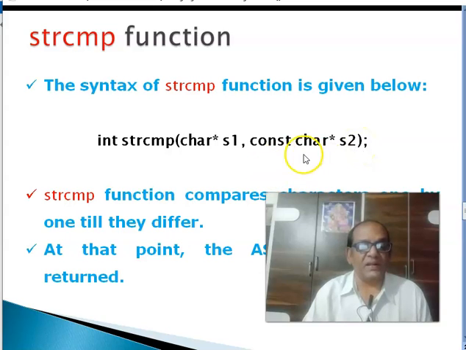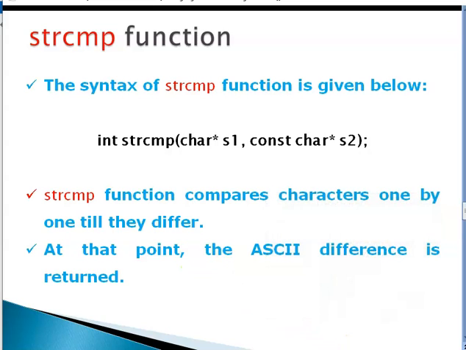It compares the 0th character of s1 with the 0th character of s2, the first character of s1 with the first character of s2, and so on till they differ. Once they differ, their difference in the ASCII values is returned as the output of the function. That is the reason why you have int, because the ASCII difference is an int. Once this happens, the function ends.